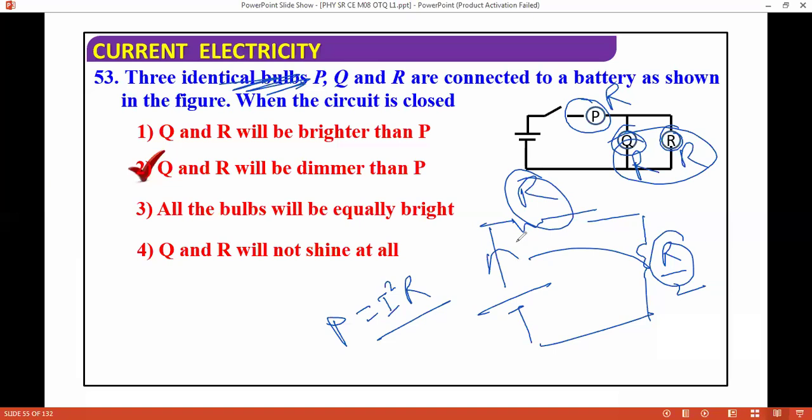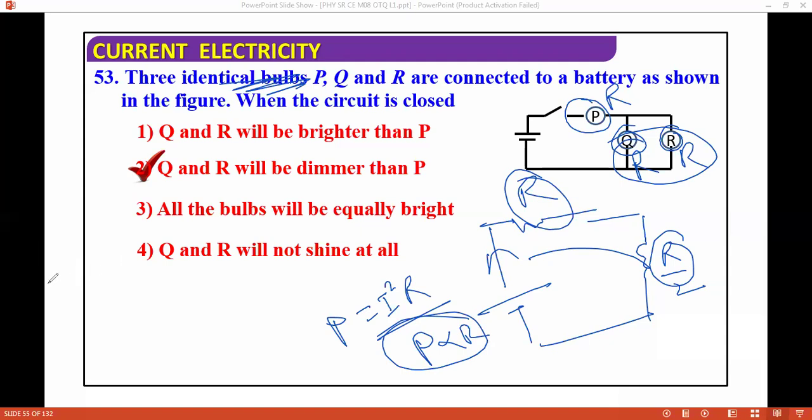So I hope you understood the logic. Here, basically, we are doing power is proportional to R. So the bulb which has more resistance has more power. You will go on this thinking. Okay, so it's a series of matrix of thinking. Keep thinking, then definitely you will do all the questions correctly in your examinations.